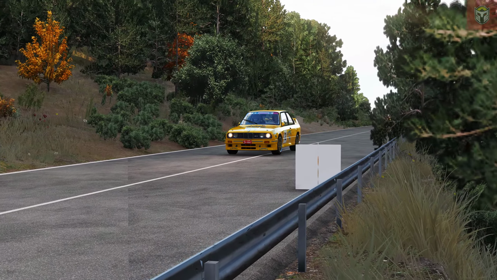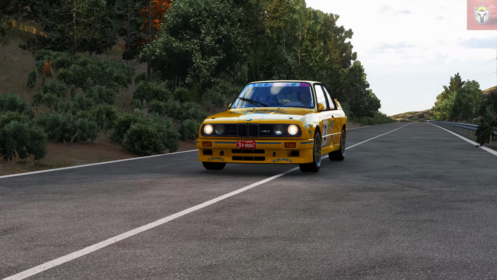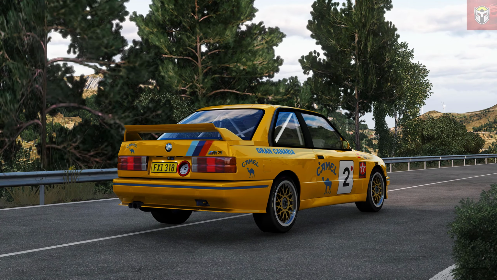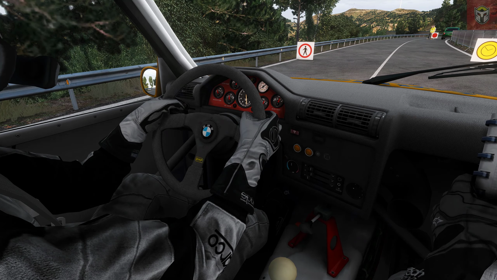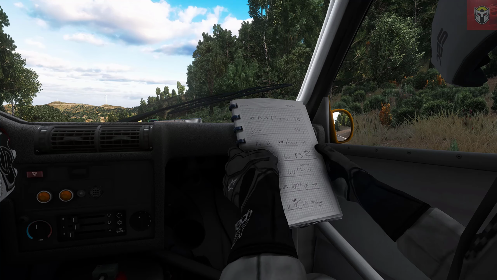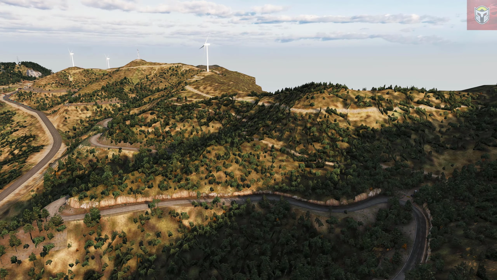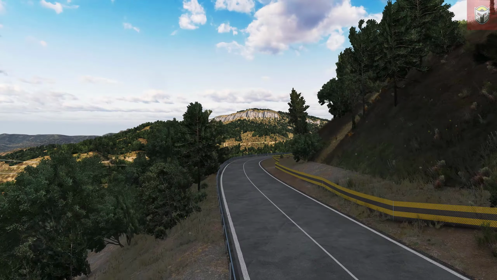But first we need a car, and today we're going to be using this BMW M3 E30. This is from 1989. This is an awesome car, 275 brake horsepower, just over 317 Newton meters of torque. Inside it looks just as good with all of this detail, but this is the co-driver that we are going to get talking today, and he's going to be using those pace notes and actually telling us what's happening on the corners. So the mod is by Solraxi and of course Kunos, but we also need a track, and this